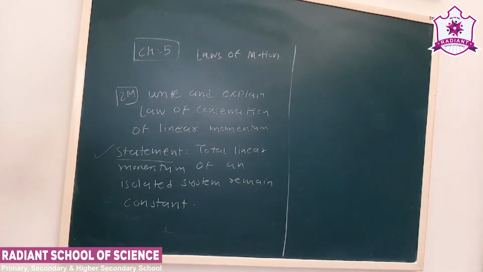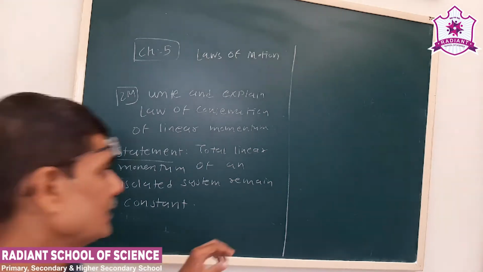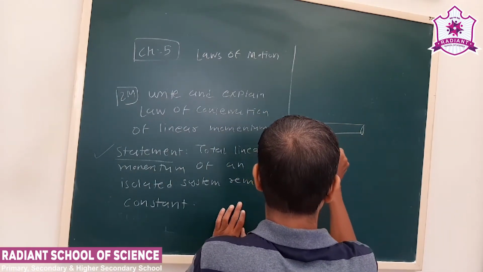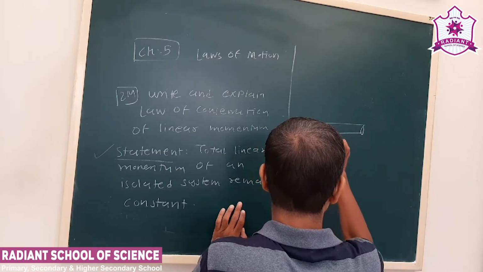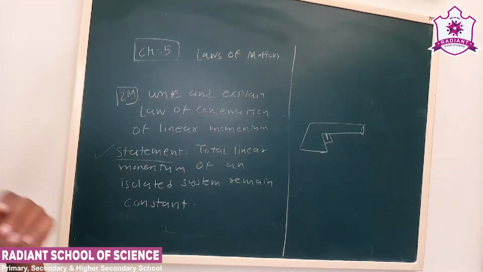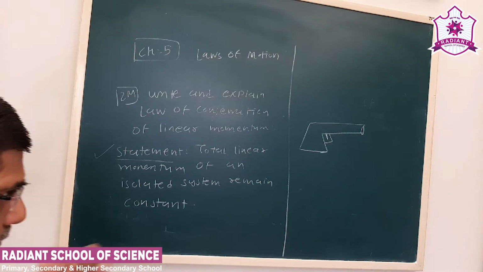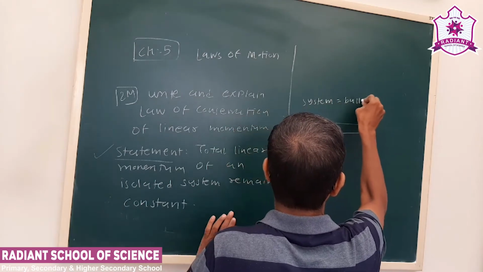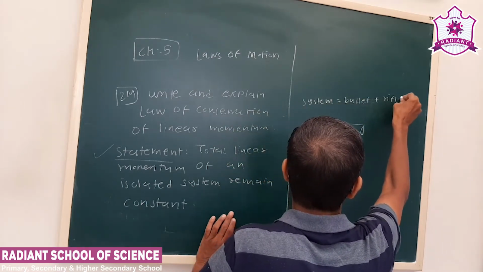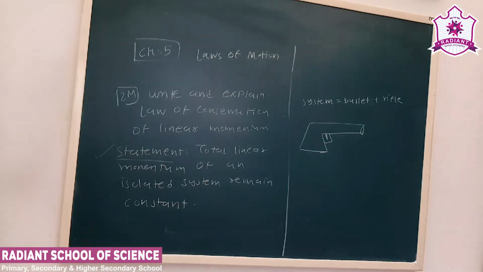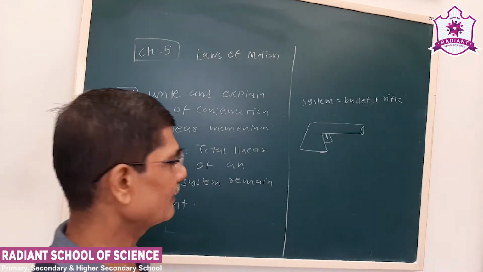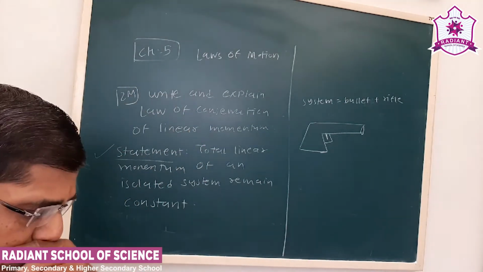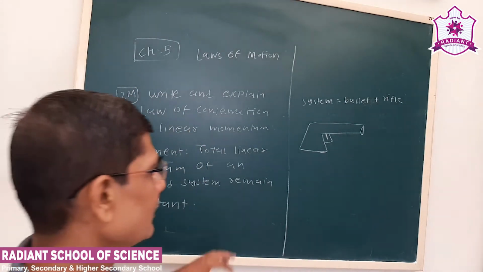Now there are a number of examples. Let us say we take an example of a rifle and a bullet. Initially the system is made of the bullet and the rifle. When the bullet is not fired from the rifle, the system is at rest. So that's why the initial momentum